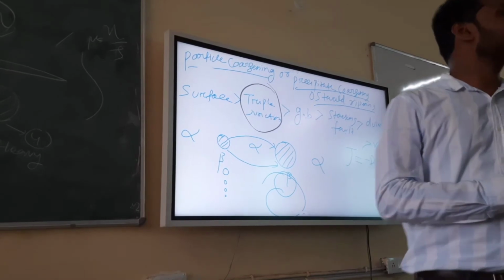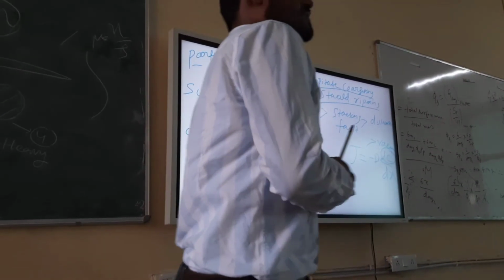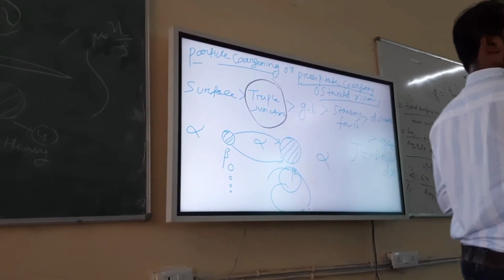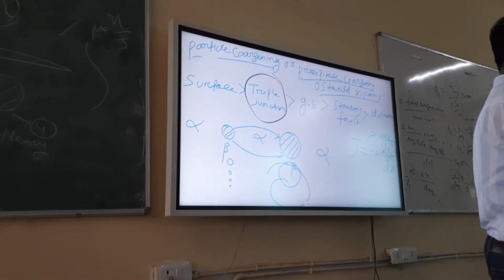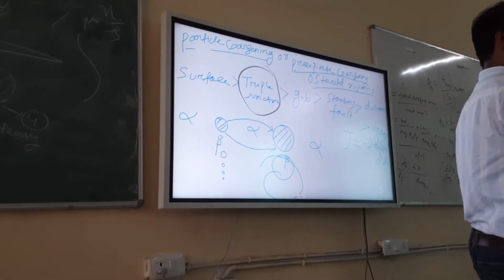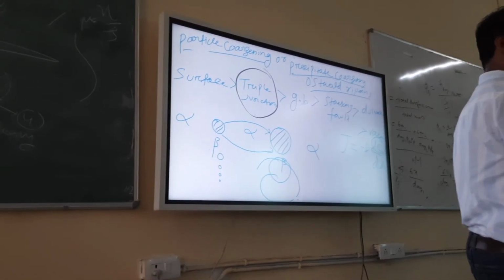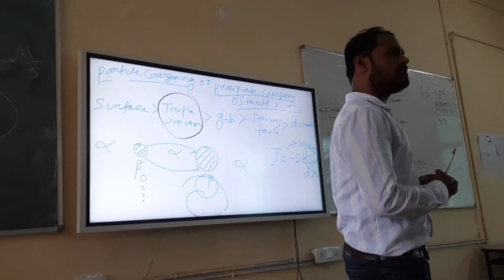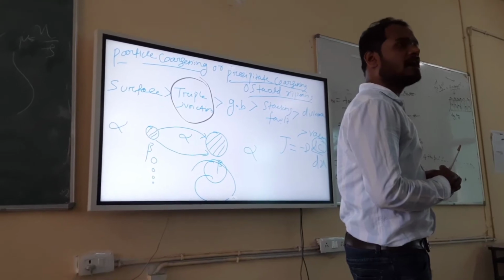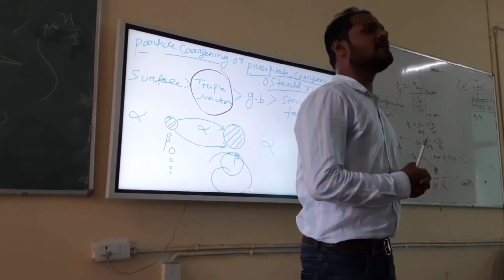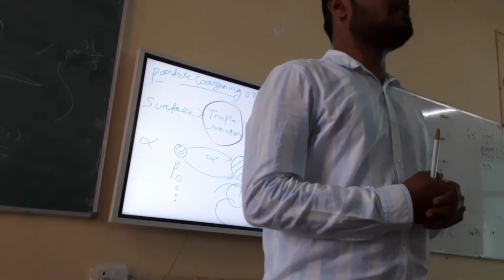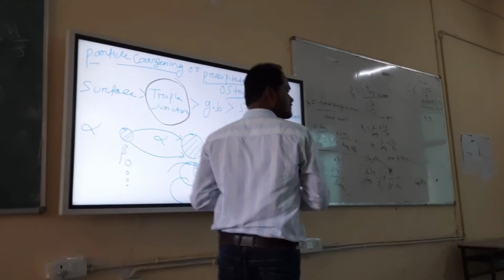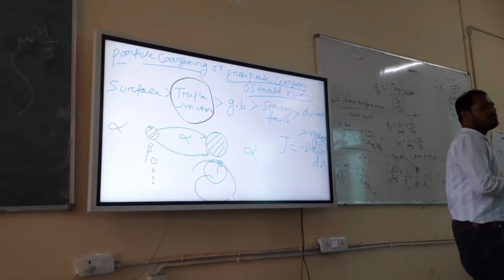Look carefully, which one has more curvature? Actually, that is called the effect of curvature. Small particles always have a large curvature. If the curvature is higher, your free energy will also be higher. This is the concept you can write if you want: small particles have high curvature. If it has a high curvature, then surface energy is very high, or free energy is very high.